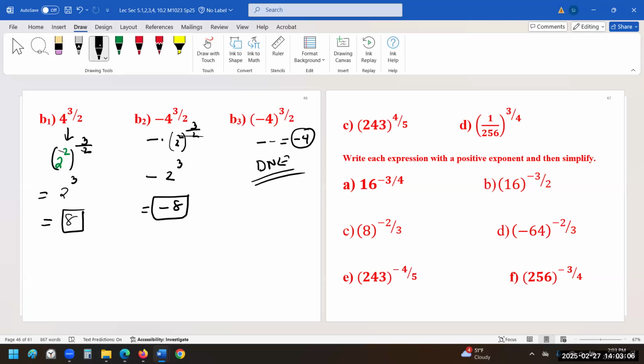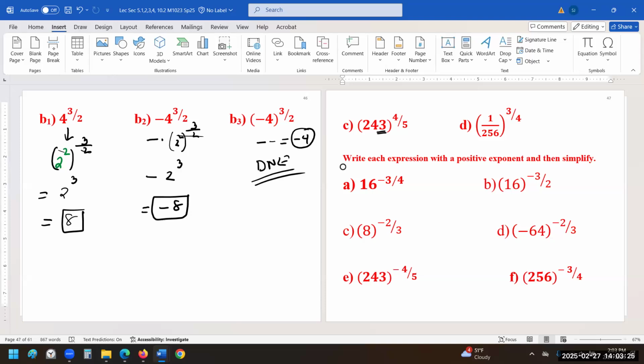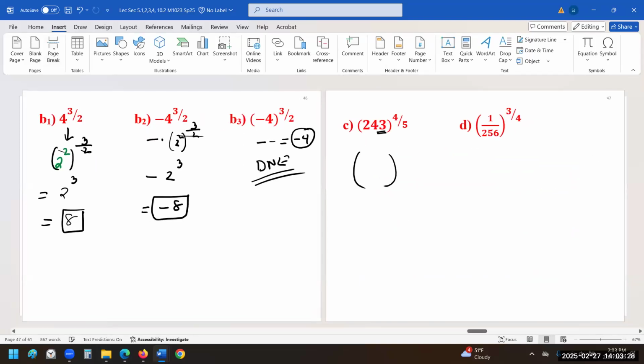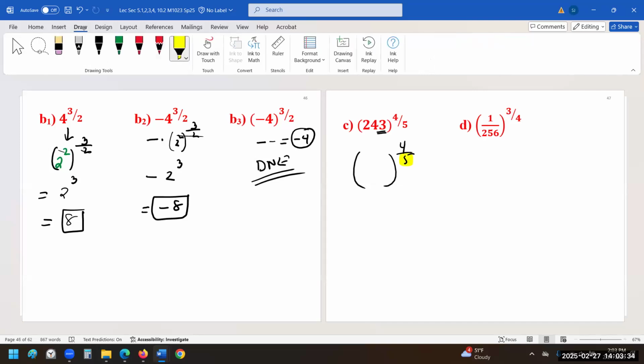Now 243. 3 is an odd number. That means 243 is an odd number. So for this scenario, all you have to do is figure out which odd number goes into 243. You start by 3, always. Start with the smallest number. So we have some number to the 5 power. 3, it's 3 to the 5.